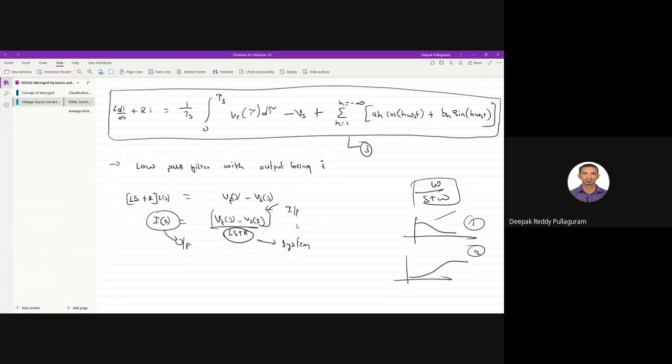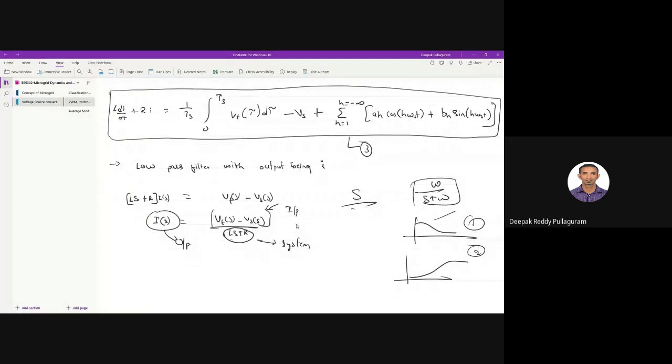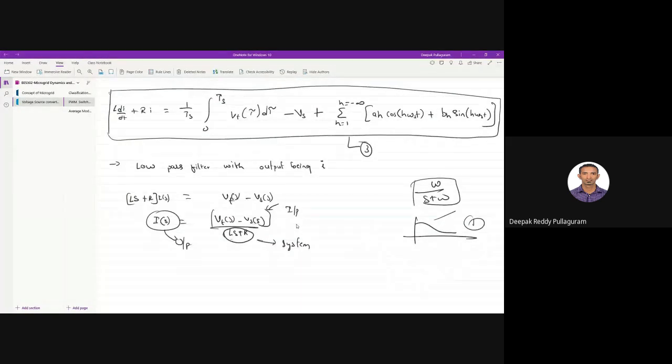Maybe the gain, maybe the omega which is there on top might be something else, but we have this kind of transfer function downside. If I have it the other way, like S by S plus omega, then this behaves like this, isn't it? A high pass filter. So we don't have any S term in the numerator. What we have is some constant term in the numerator. It indicates a low pass filter.